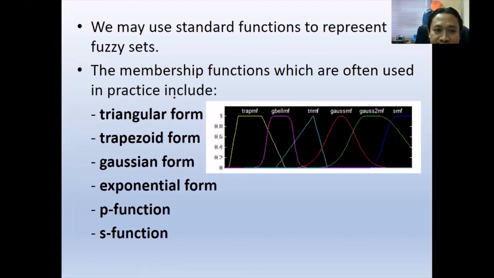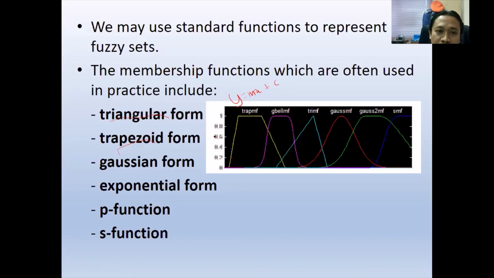Normally in our class we just focus on the triangular and trapezoidal. Because of what? Because when you do the programming, before this they used programming involving y equals mx plus c, just a linear equation. But if you want to use, for example, Gaussian, exponential, the p function, f function, those involve powers, so non-linear equations.